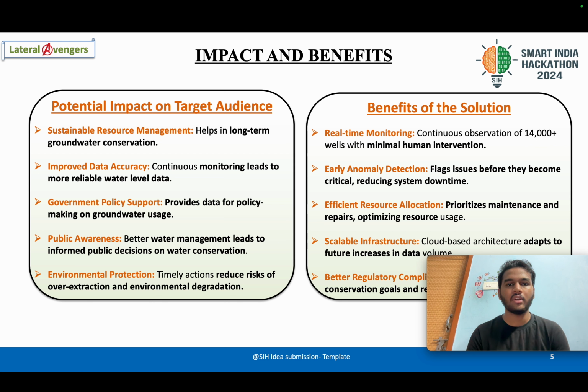So for regions having low water levels, the government can implement stricter policies for water usage. If there are any excess water levels, the government can provide some sort of benefits for those people. Public awareness will also create benefit, so that people can know what kind of water levels they have in their region and use those water resources effectively. Regarding environmental protection, taking timely actions can reduce the risks of over extraction and environmental